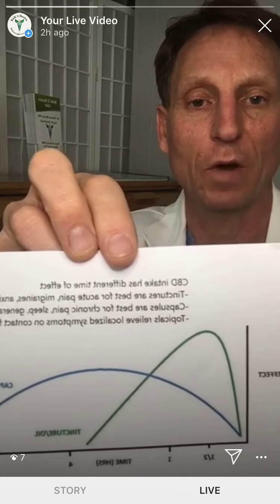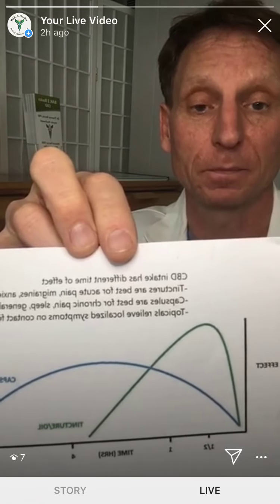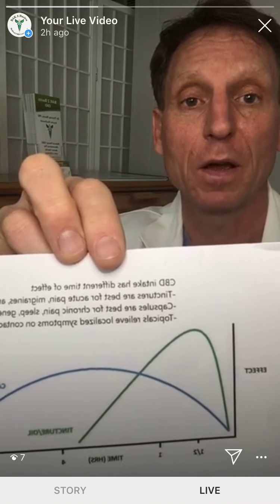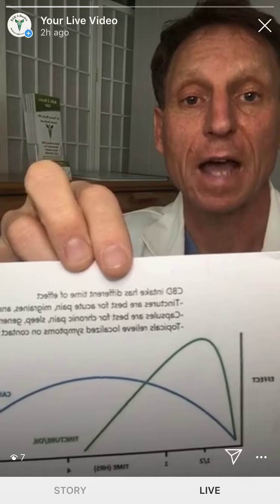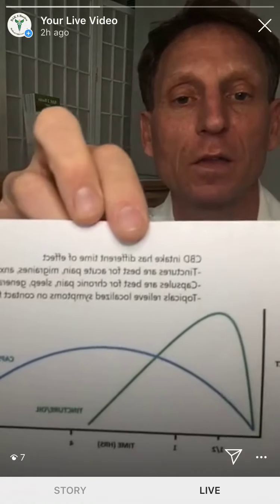The green graph is more like a tincture. The effect's going to happen in about 5 to 15 minutes. It's going to be a stronger effect as compared to the capsule at the same dose, but the effect's only going to last for about 2 to 3 to 4 hours. So this graph really tells you about which type of medication to take in terms of capsule, topical, tincture, as